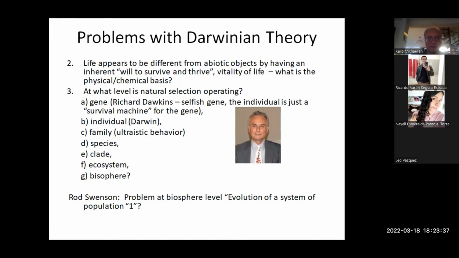And really now, if you think about it, at all of these levels, there are problems if you stick with the Darwinian theory. But if you go to thermodynamics, then you can see that you can have different coupled irreversible processes. And the selection is at the global level of increasing the photon dissipation, the biosphere in its interaction with the sun. Okay, so you can read Richard Dawkins' book. It's interesting, but don't put too much attention to it, because all of these levels have a problem of selection.